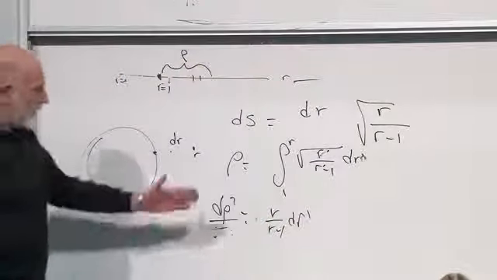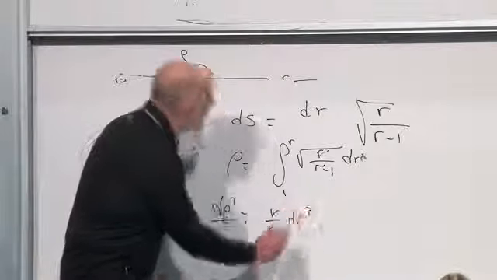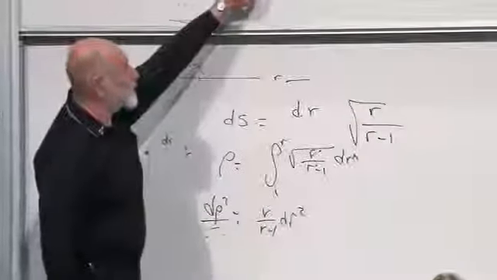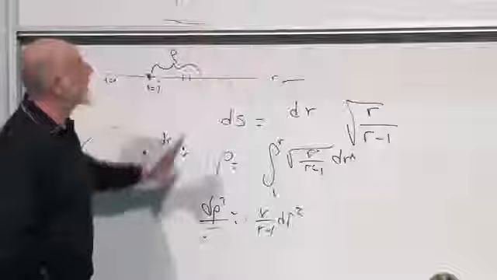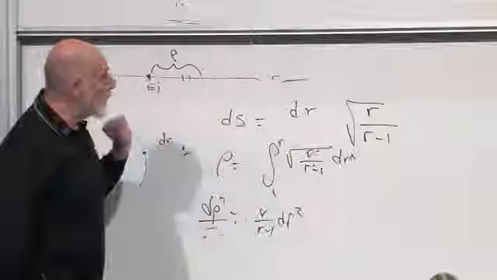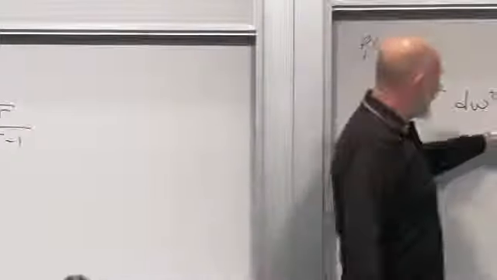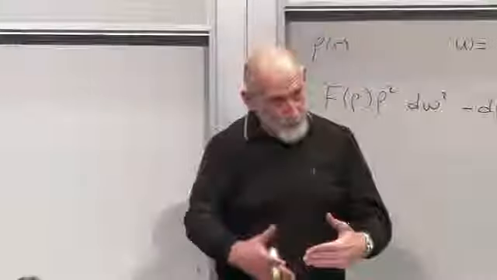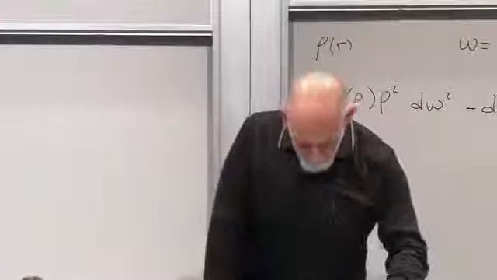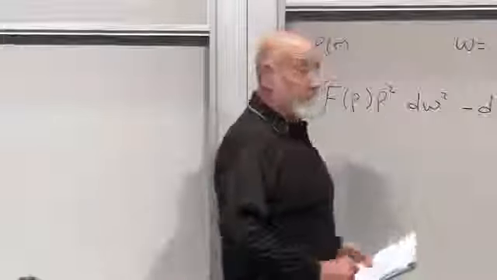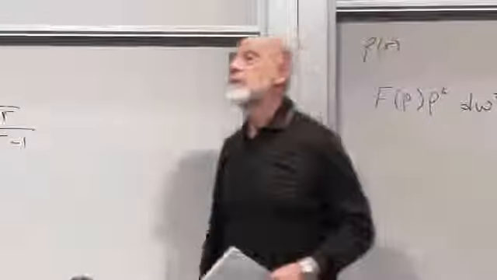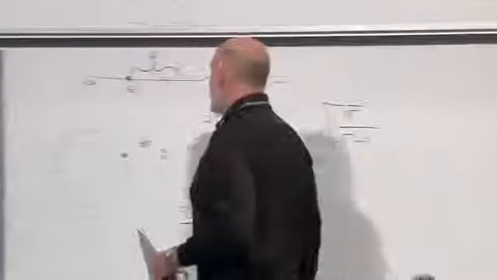d rho squared is precisely the thing which appears here. That was the whole point of changing variables to rho, so that this term here would just be minus d rho squared. It just measures distance along the radial direction, proper distance. When you have f of rho times rho squared,